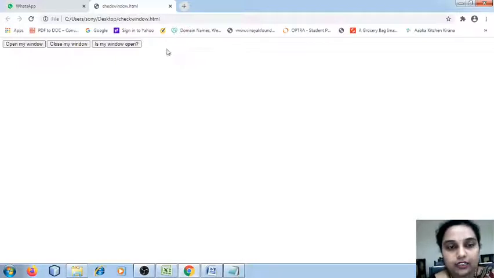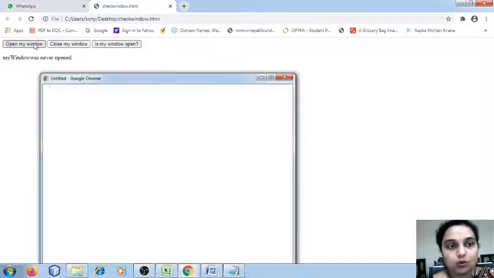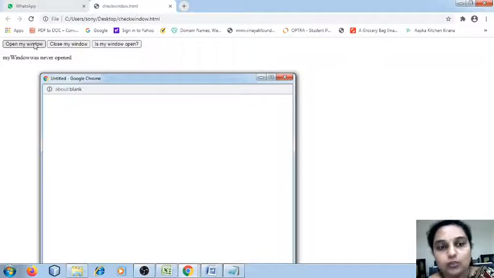Now before creating the window, I'm going to click on this button. Then it says my window was never opened. Initially I have not opened any window, right? So it displays a message saying my window was never opened. Now I am going to open a window. You can find a window is open which is of width 400 and height 200. So one new window is opened.